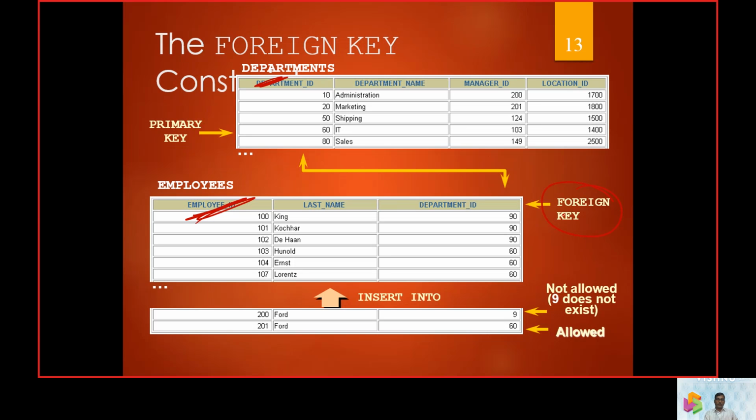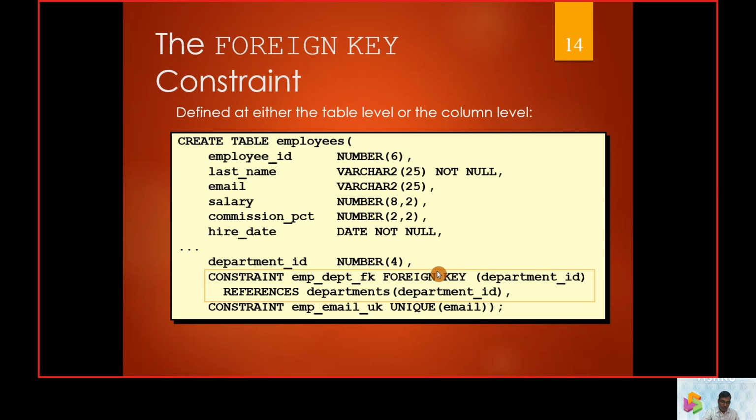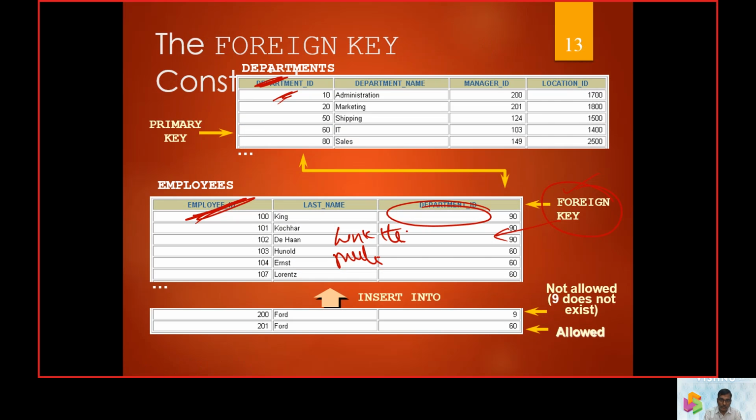Now you are mimicking the department table and the employee table, so for that we are going to use the reference key as a foreign key. You want to join the department ID to the employee table. So obviously we can link multiple tables, and at this point we are going to use the foreign key.